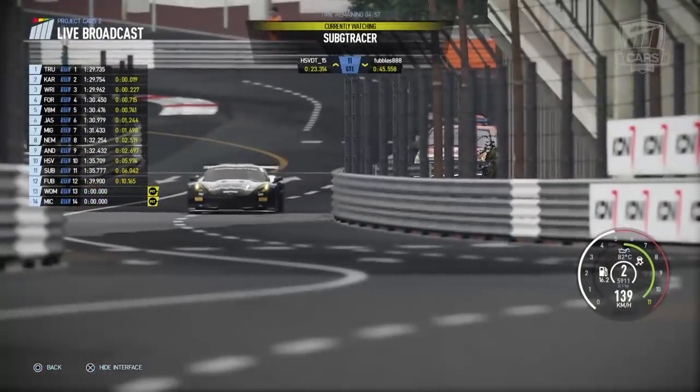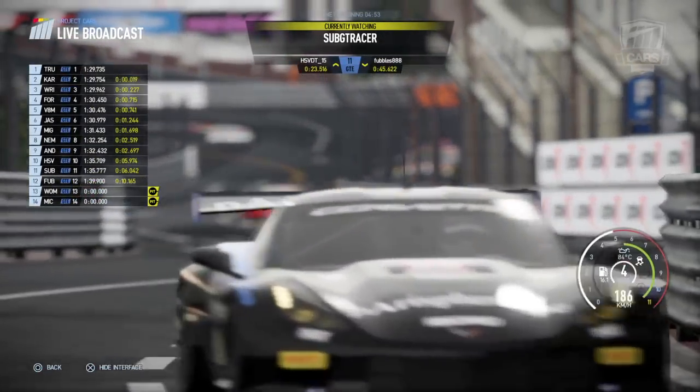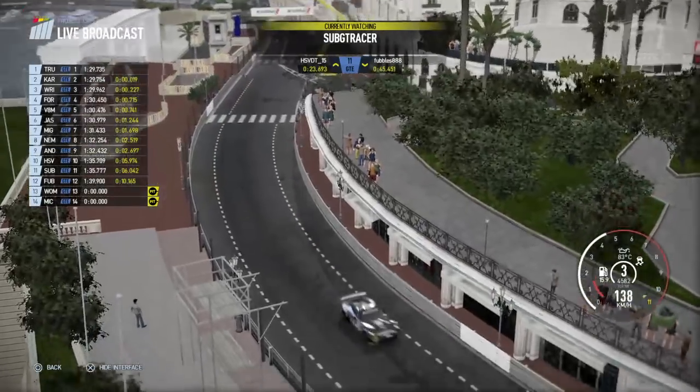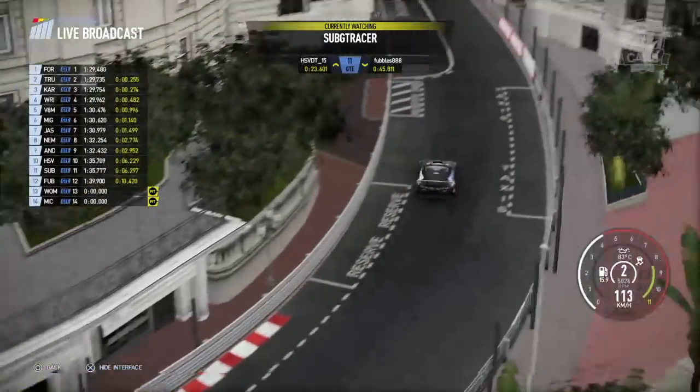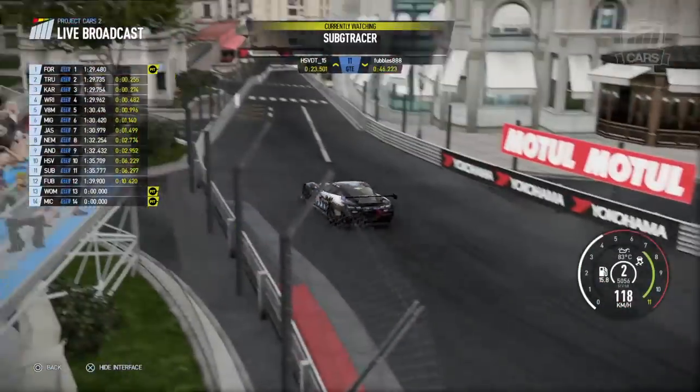Yeah, not good. You can actually see Sub GT's fighting the car there. It's sliding around quite a lot. Of course, the second qualifying session is actually a little bit colder than the first one, so temperatures are a bit lower, a little bit less grip. So people who are really...